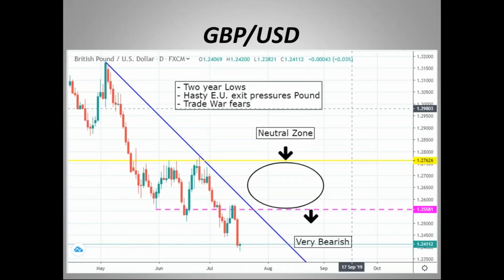Now here's where we see the divergence. We saw the euro US dollar where we could see a little sell-off, a weakening of the euro US dollar, but not much. And then we also saw where it probably has a better chance of even getting a rally if a true US dollar weakening momentum occurs. But this goes with the opposite here.